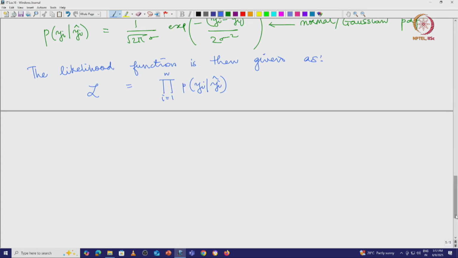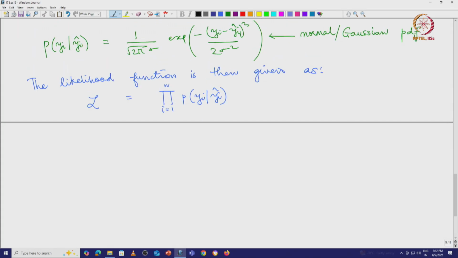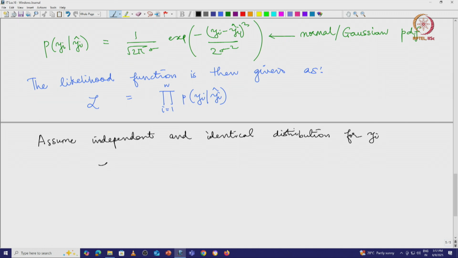So, like I said, we are going to assume independent and identical distribution for yi, and thus this likelihood function, which is the product of the conditional probabilities